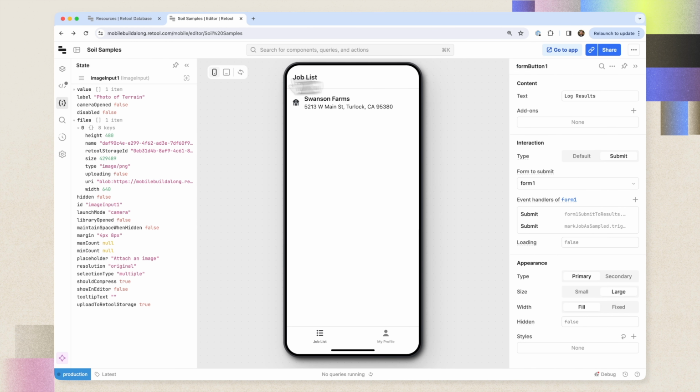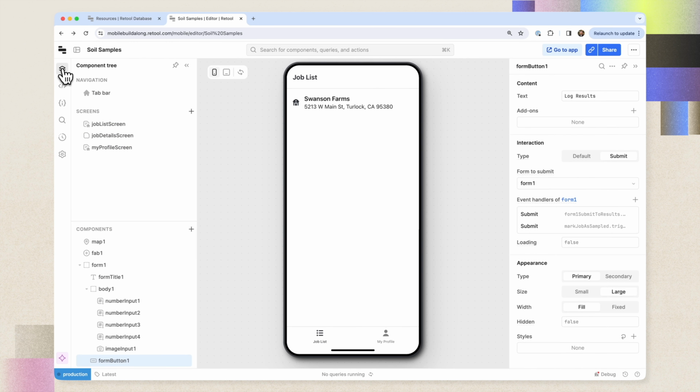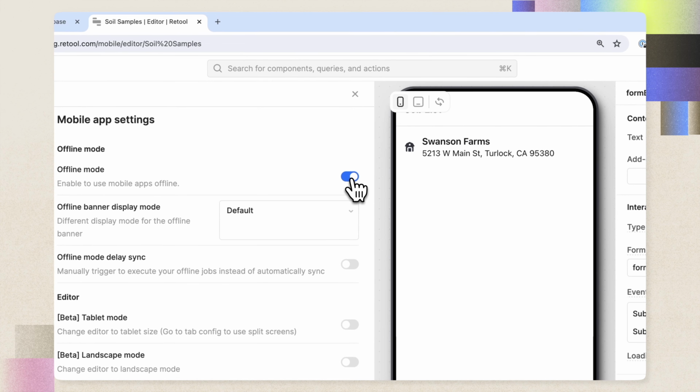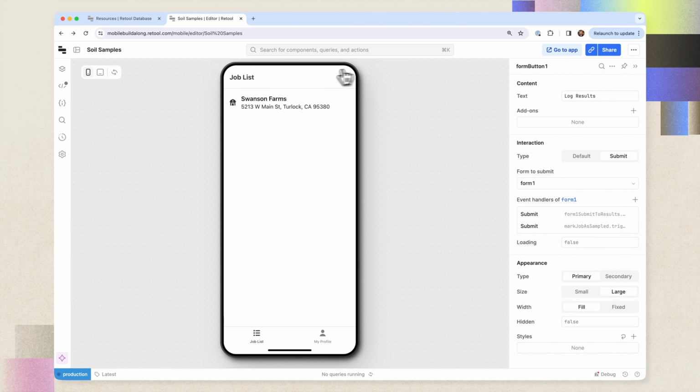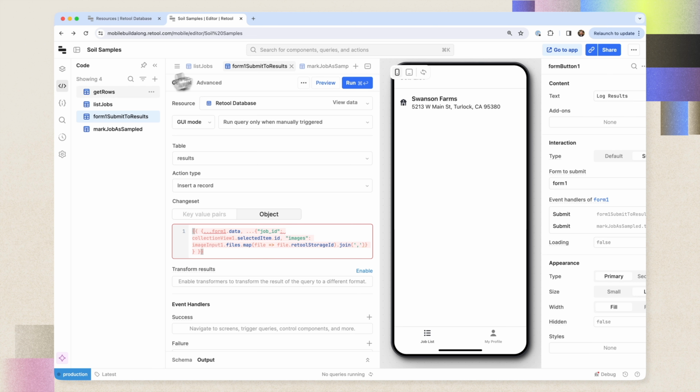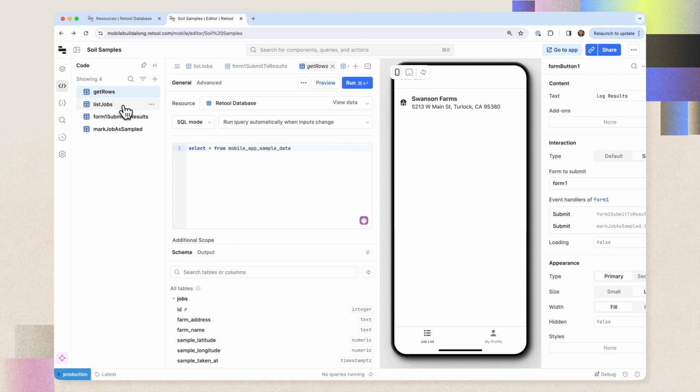I think maybe there's two more things I would want to do for it before I ship it into the hands of my users. One would be, looks like these technicians are going to be driving to some more remote parts of California. I don't know what the cellular signal coverage could look like. They might be going offline. So what we can do is we can go into our app and we can turn on offline mode. And what that then gives us the ability to do is to go into our different queries and to designate them